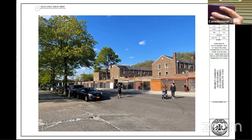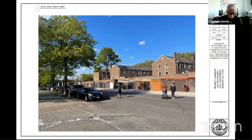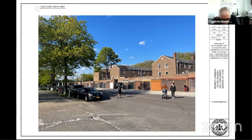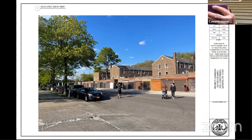I also note that the expansion of solar panel installations on public and private buildings is a component of the city's plan to reduce greenhouse gas emissions to combat the threats of climate change, and that solar panel installations on designated buildings are approved on a regular basis by the commission, typically on flat roofs, but also on pitched roofs, including some installations that are visible from a public thoroughfare. I recommend approval, finding that the visibility of the solar panel installation on this pitched roof is due to code requirements, site conditions, and the necessity of the panels to face south for proper performance and economic viability,